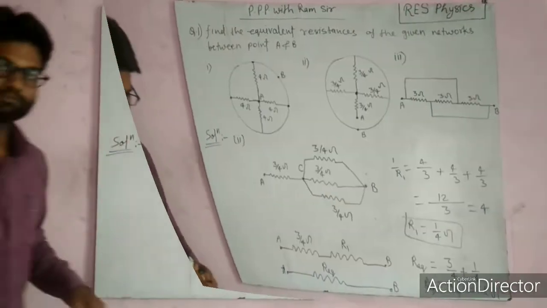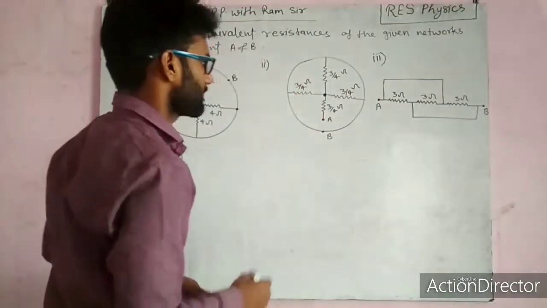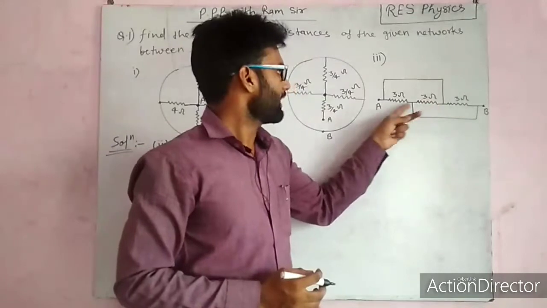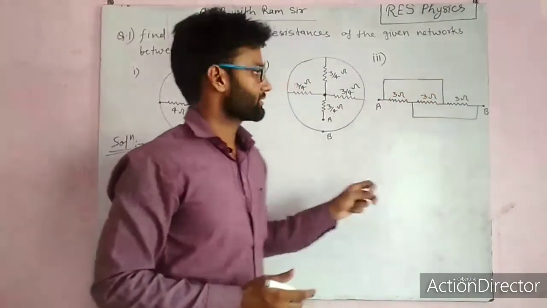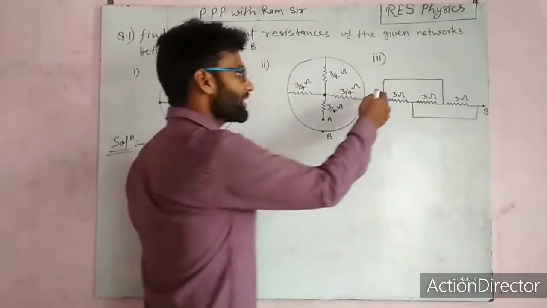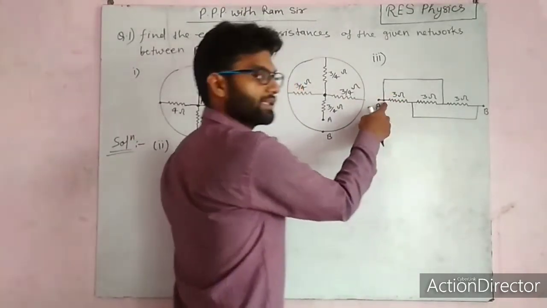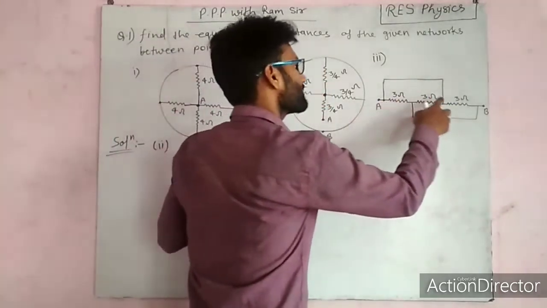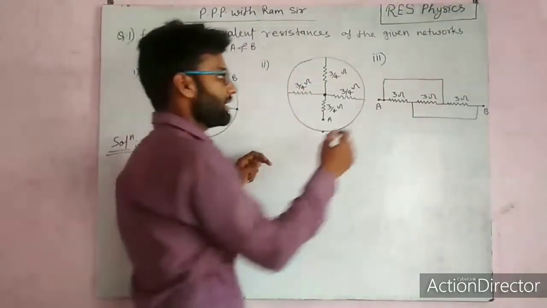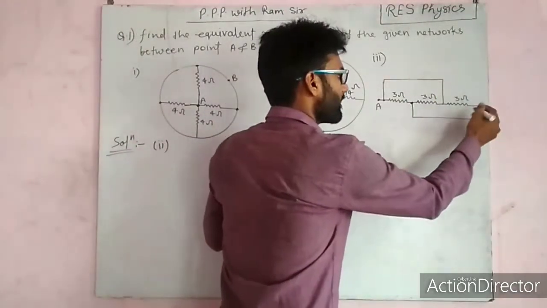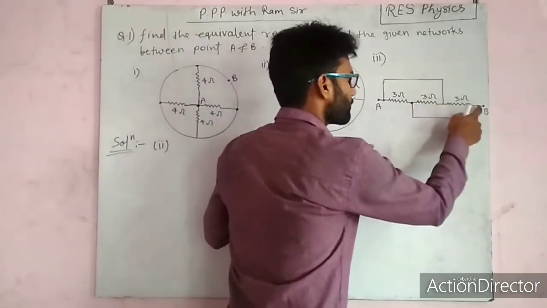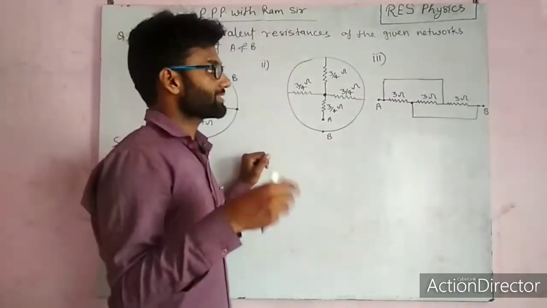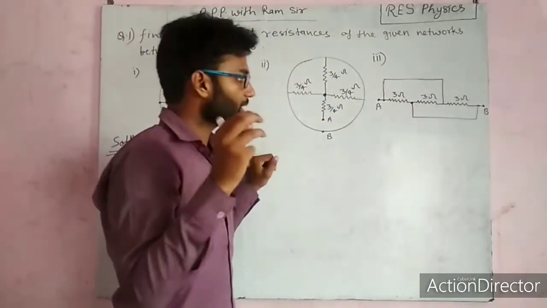Okay. Now moving to the next question. As we can see here, 3 resistors are connected, and these are the conducting wires. What is the meaning of conducting wire? If we are connecting the conducting wire between these 2 points, that means the potential at this point and potential at this point will be same, right? And here also conducting wire is connected, that means potential at this point and potential at this point is same, right? So the points where potential is same, we can take it as common point, right?